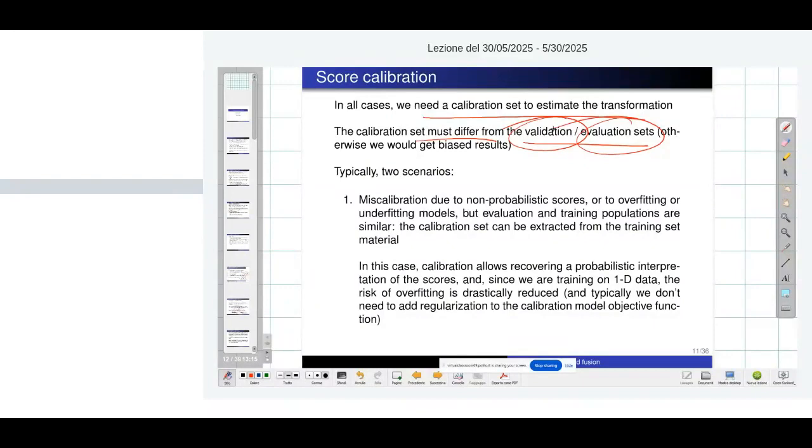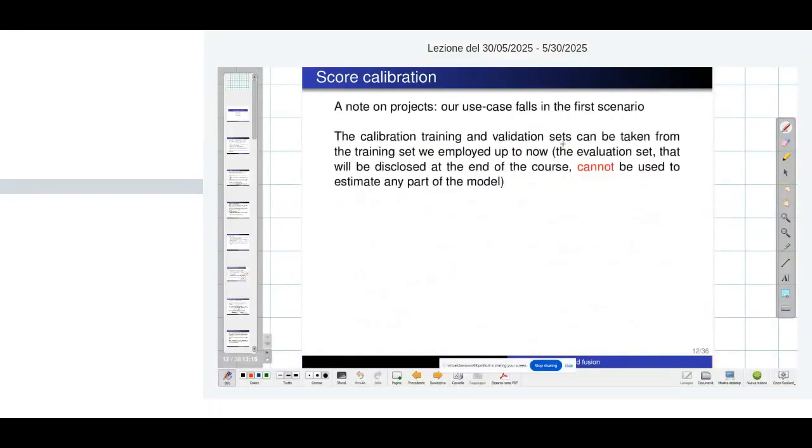Typically, using directly the validation set that we employed to compute the performance of the different models may lead to results that are slightly biased. Why? Because the metrics that we were computing on this validation set, we were optimizing for this validation set. All the hyperparameters we were tuning for the validation set. So ideally, we would like the calibration set to be different from the validation set itself, which essentially means, let's